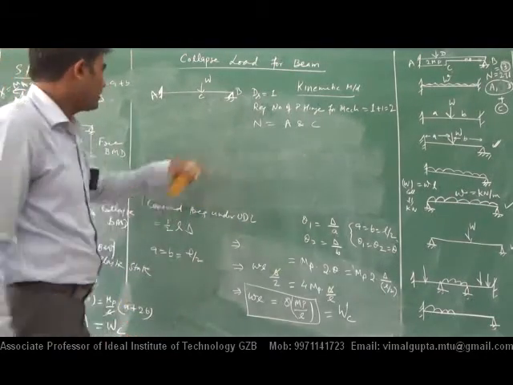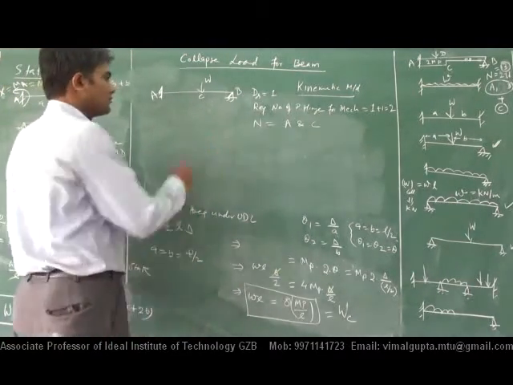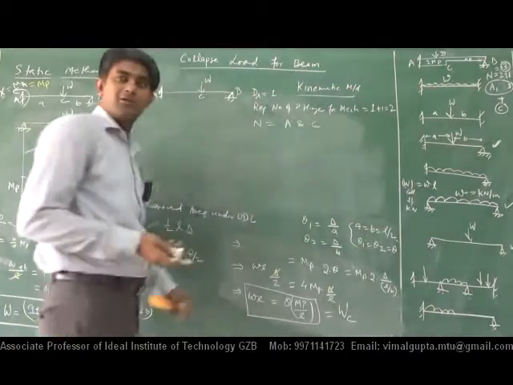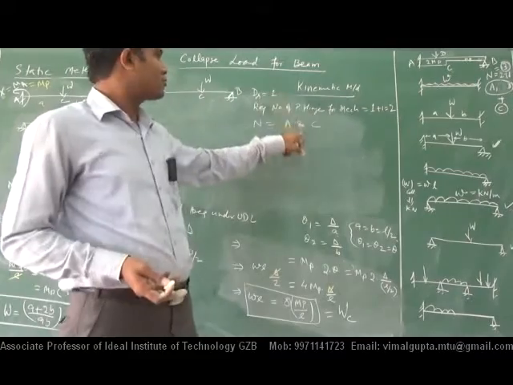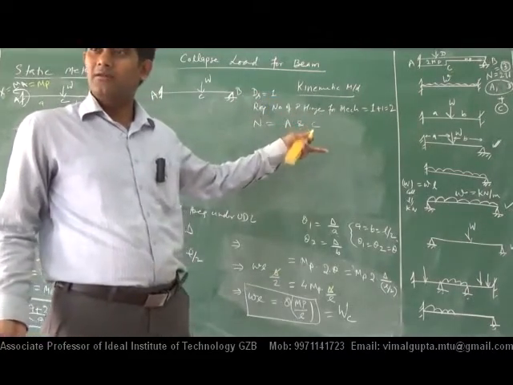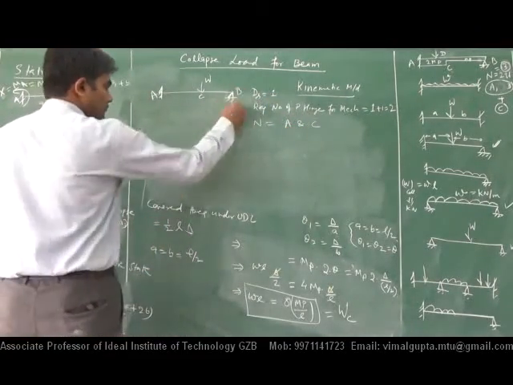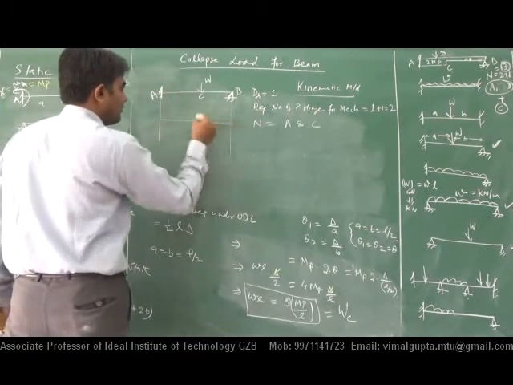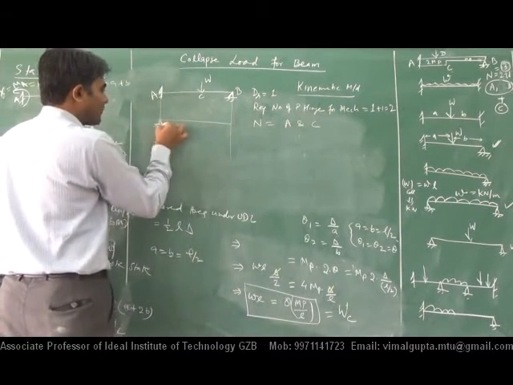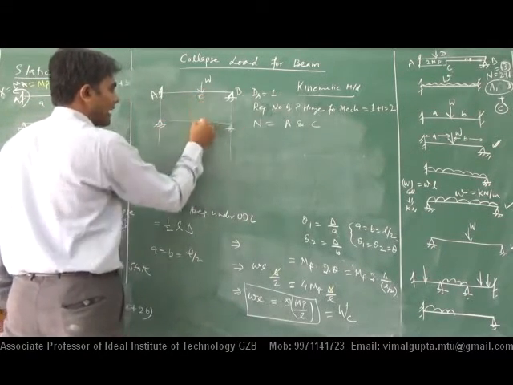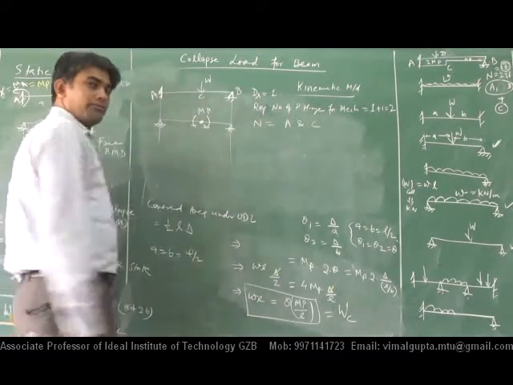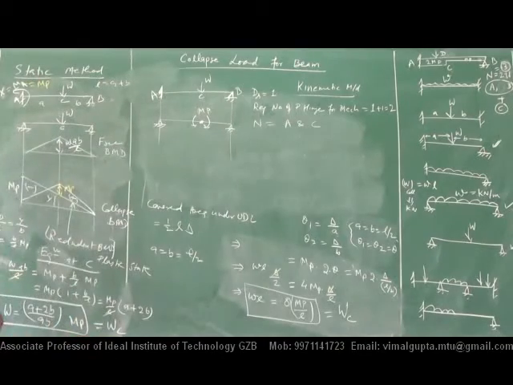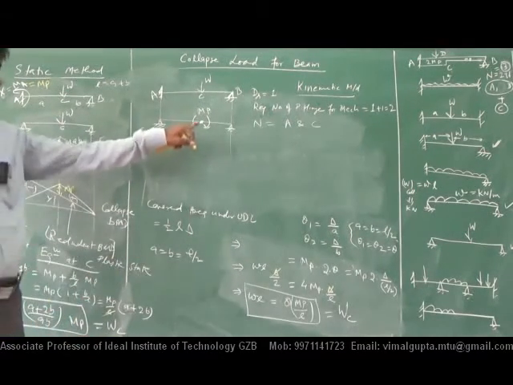Okay? So no problem. And the number of available mechanisms, how many? N minus ds, 2 minus 1, that is 1. Okay? So the plastic hinge is this, the normal hinge is that, and this is the mechanism. No, 2 na?